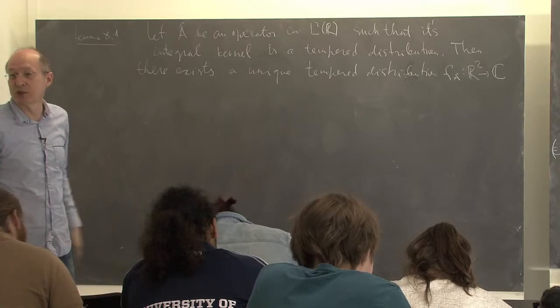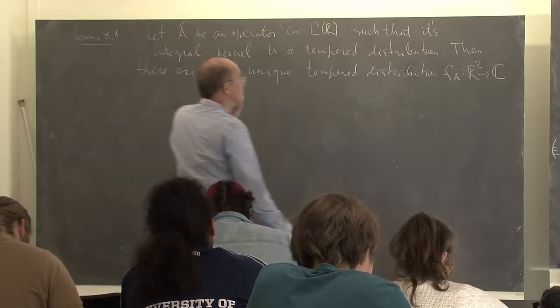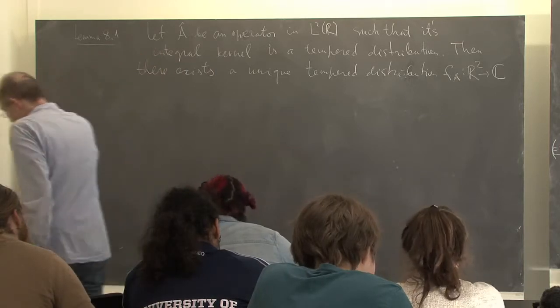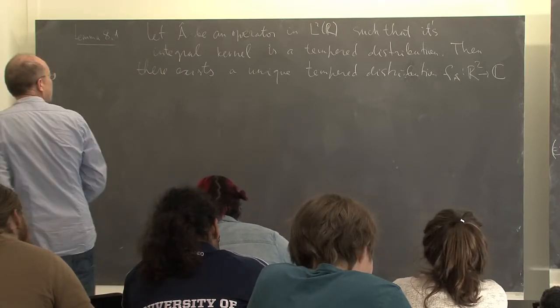We think of distributions always like functions, even if they are not. Okay, a unique tempered distribution such that